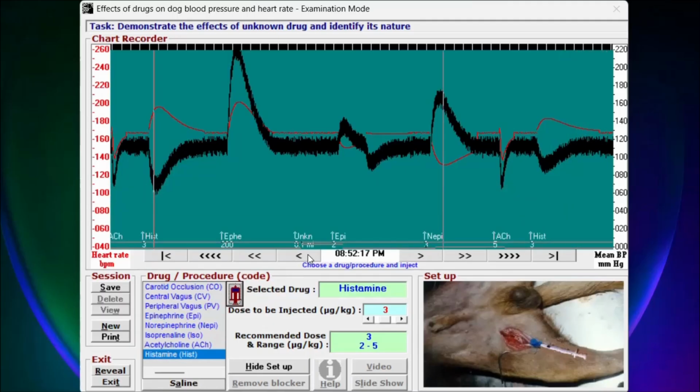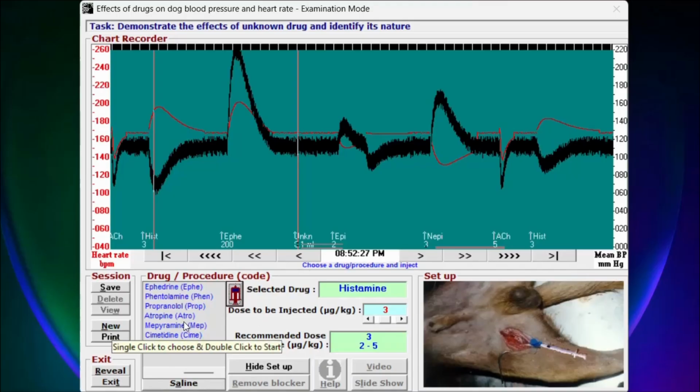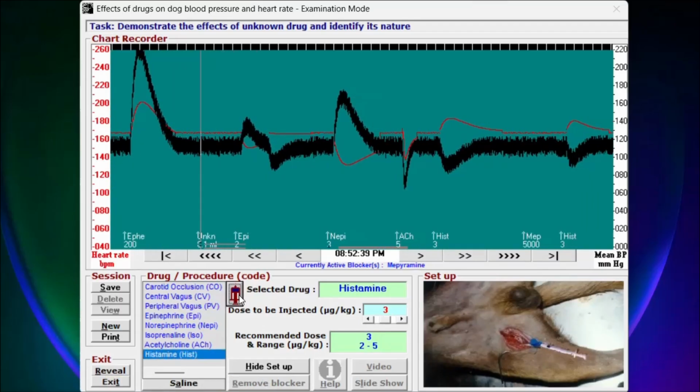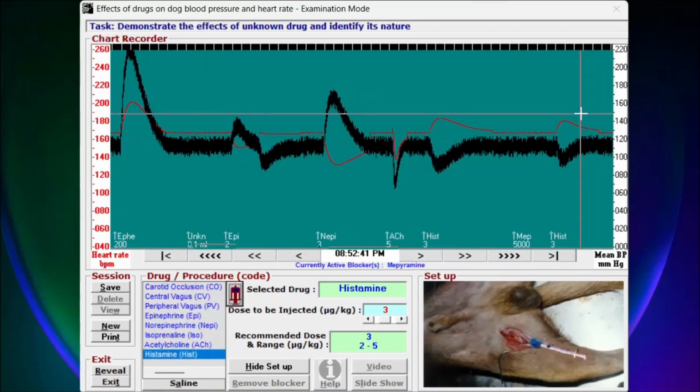अब आप रिमेम्बर करो, इसके बाद में मैंने क्या स्टेप बताया था। अब इसके बाद आपको either H1 ब्लॉकर या H2 ब्लॉकर, इन दोनों में से कोई एक जो आपको पसंद है आप उस ड्रग को दे सकते हो। तो मैं H1 ब्लॉकर को ही देता हूँ। We are going to select मेपाइरामिन and then inject मेपाइरामिन। ओके, and अब इसके बाद फिर से हम देंगे हिस्टामिन। अब आप देख रहे हो कि यहाँ पे हिस्टामिन का इफेक्ट still present है।